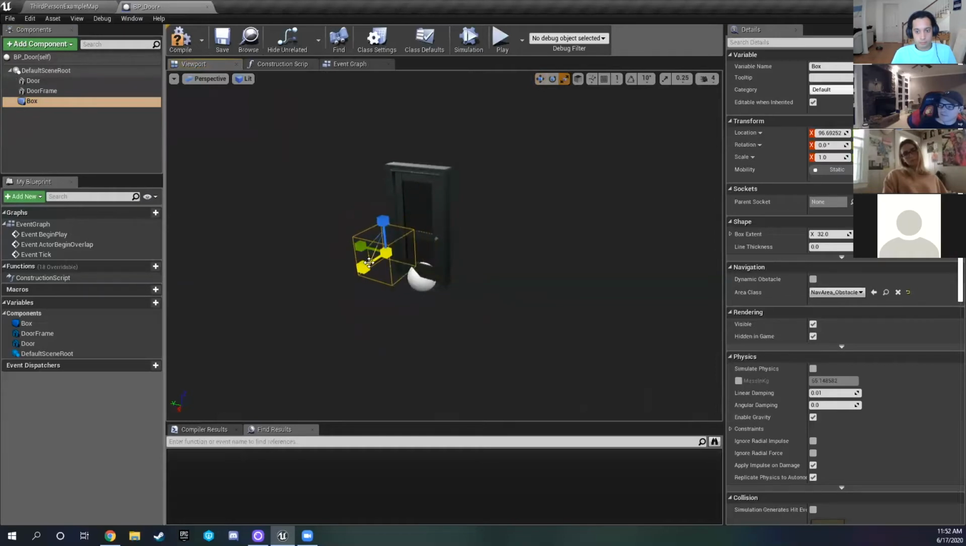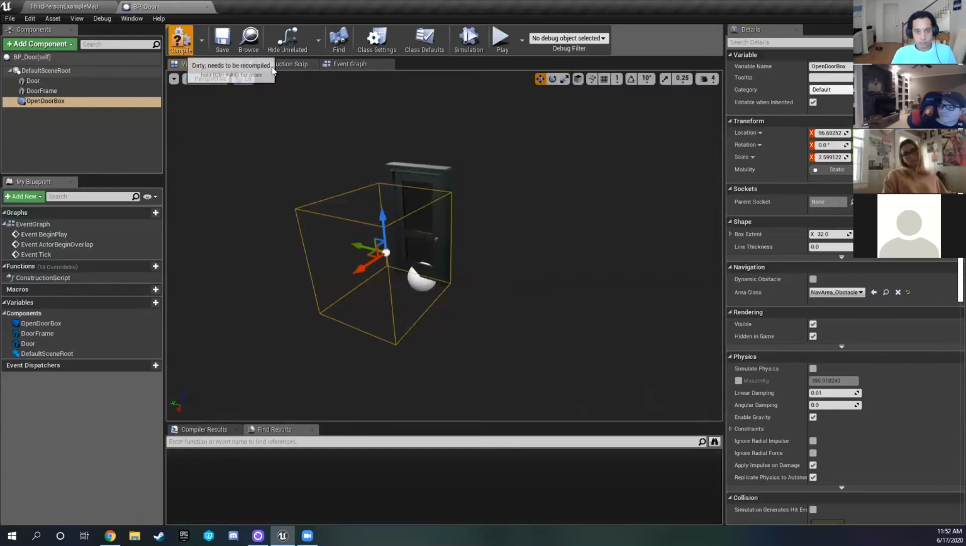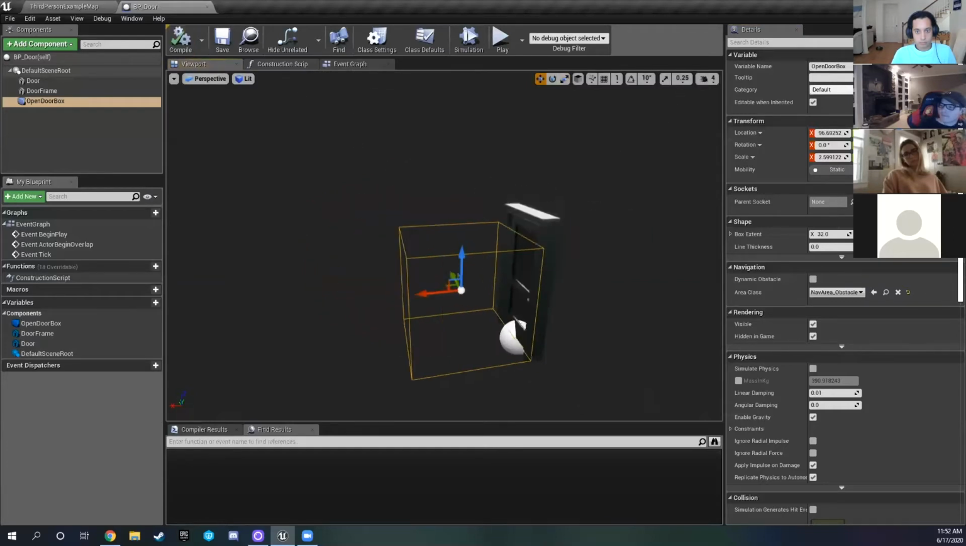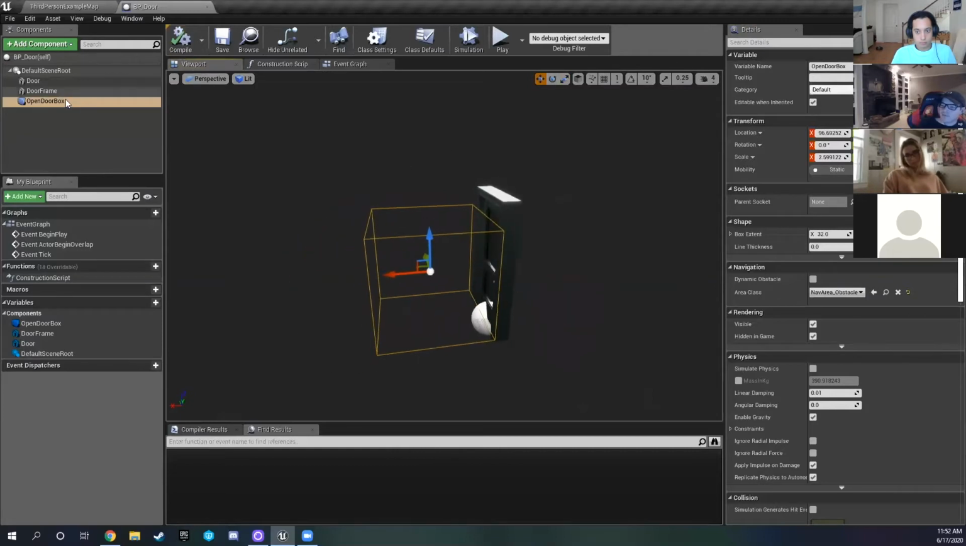But I'm just going to drag this out here, make it a little larger. And we will call this open door box. Okay. So when you have components selected in the components tab up here, in the details panel, if you scroll